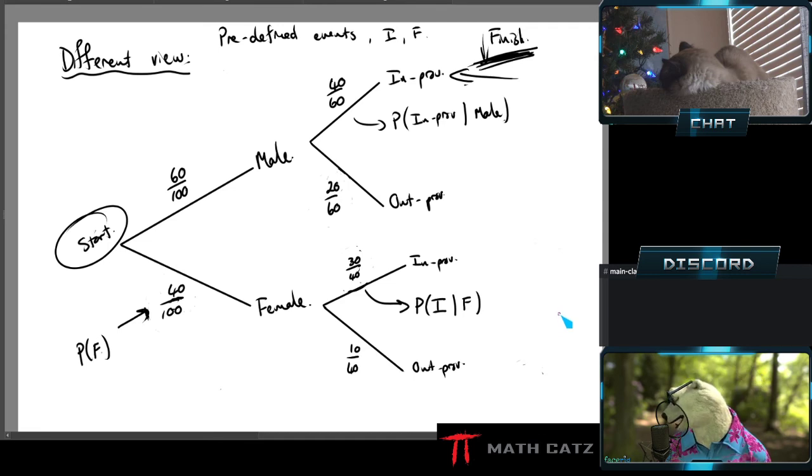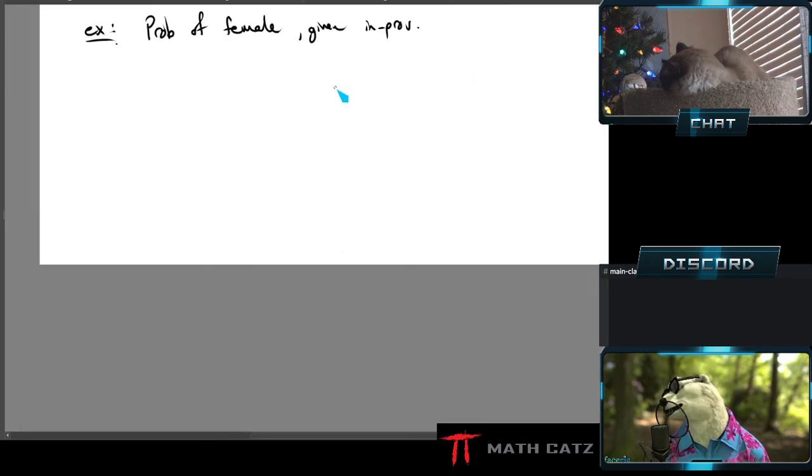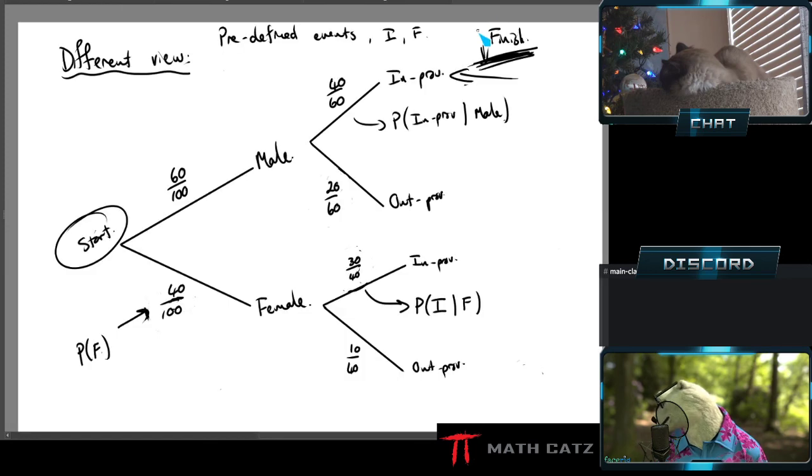Well, I don't know because my tree isn't the same as the order that you asked your questions. Either way, I know you're going to ask 2 questions and the end results will be the same, but the path that I take isn't the same as the path you take. So that's a little bit of a weird question. Looking at my tree, you're asking things backwards here. You're asking what are the chances of being female given something that I have coming later, only because I had to make a decision. And practically speaking, I don't know which order the questions are going to be asked. Could be the other way around. It's not a big deal.